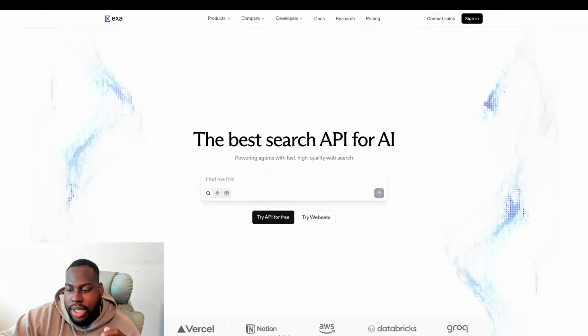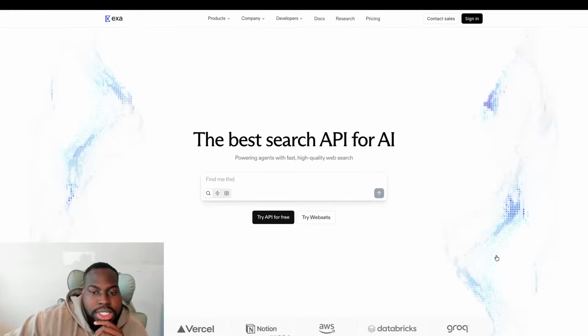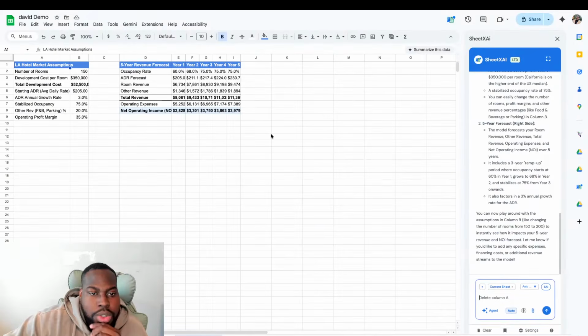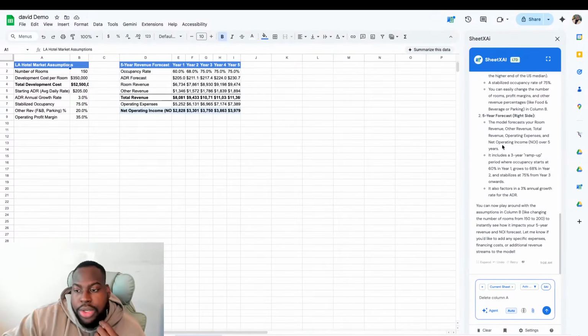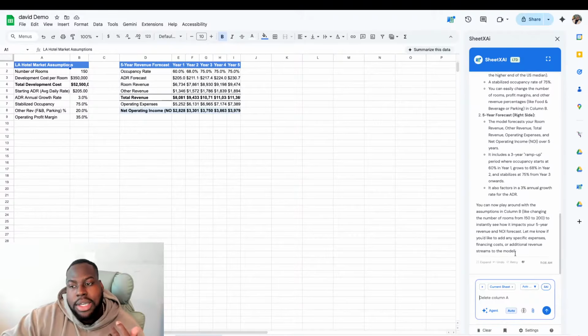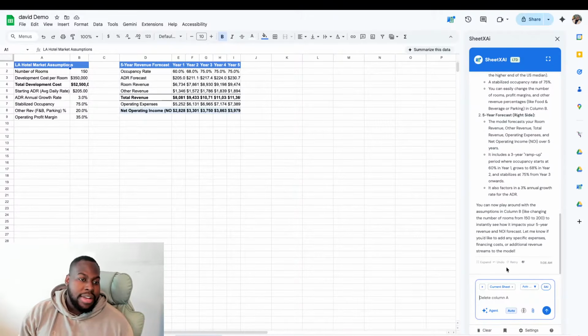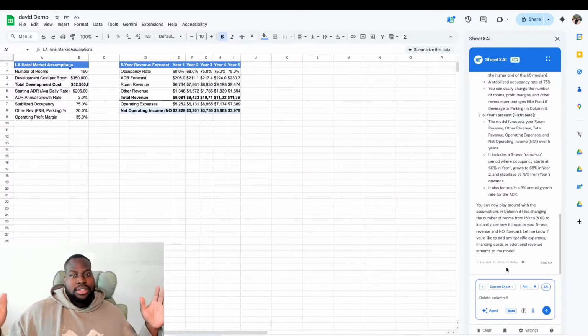Let's see. Okay, no question. How to research on SheetXAI. So essentially, you can have the AI perform some research for you, right? You could ask this guy to use sub agents, right? And I always say to tell it to use sub agents, not because it can't do it, but like any other AI, sometimes I would rather tell it what I want rather than letting it just go about,